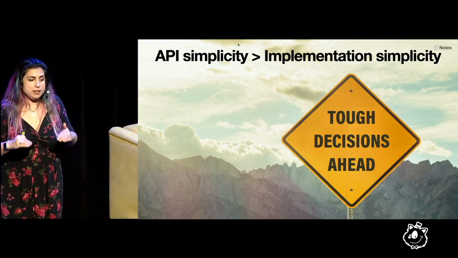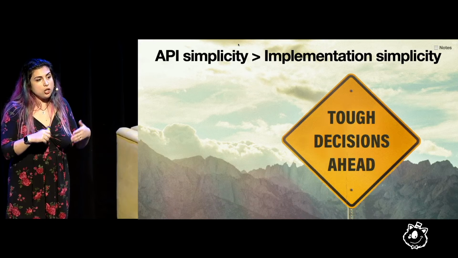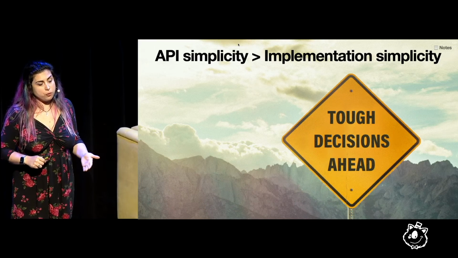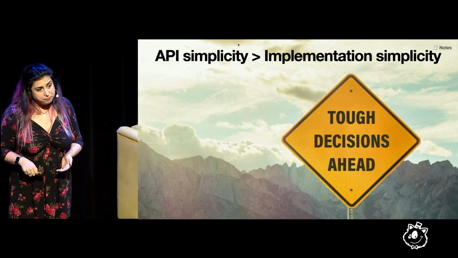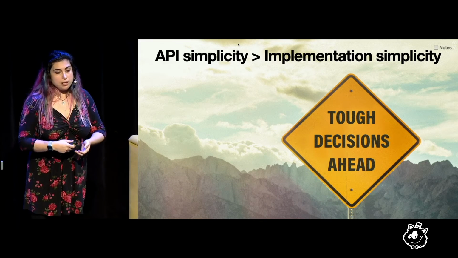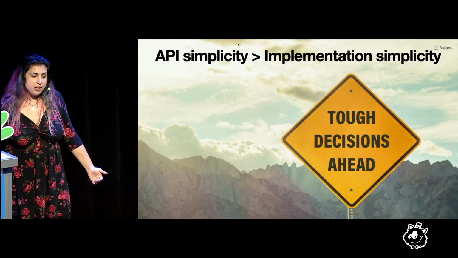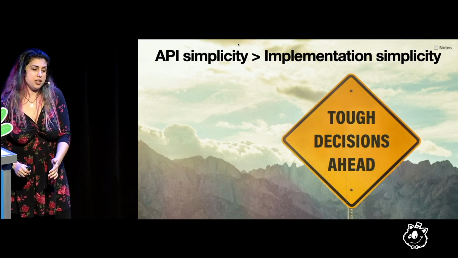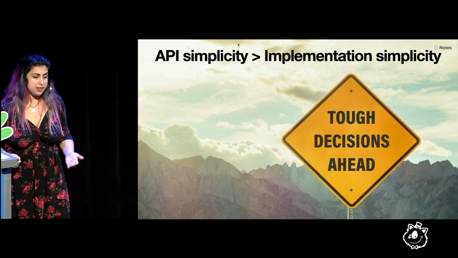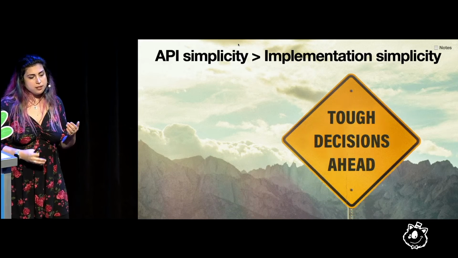Implementation work is always less than the work of using an API, because an API tends to be used by a lot more people. So there's a lot more person hours that are wasted if an API is difficult to use compared to if an implementation is complex. So I do think that there is value in employing even hacks as ugly as these to expose an API that people love to use. And you just bear the burden of working on an implementation that is a little bit confusing, and you just document it, and there are ways to make the implementation easier to understand, through commenting and documentation, that sort of thing.